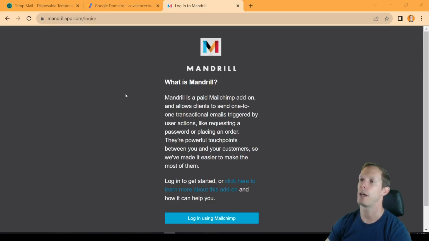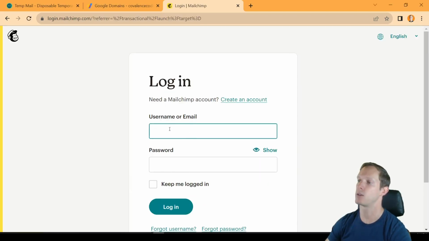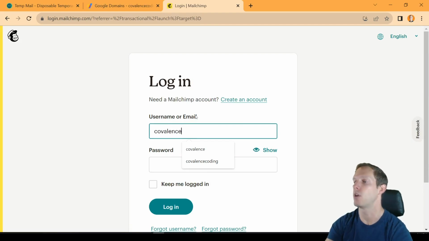Let's get into it. All right, so if you go to mandrillapp.com, it's going to take you to this login page that essentially just has a button that says login using MailChimp. Now, Mandrill's owned by MailChimp, so all the authentication goes through MailChimp, and you have to purchase everything from MailChimp, right? So Mandrill's basically just a transactional email plugin at this point. If we click this, it's going to ask us to type in our username and